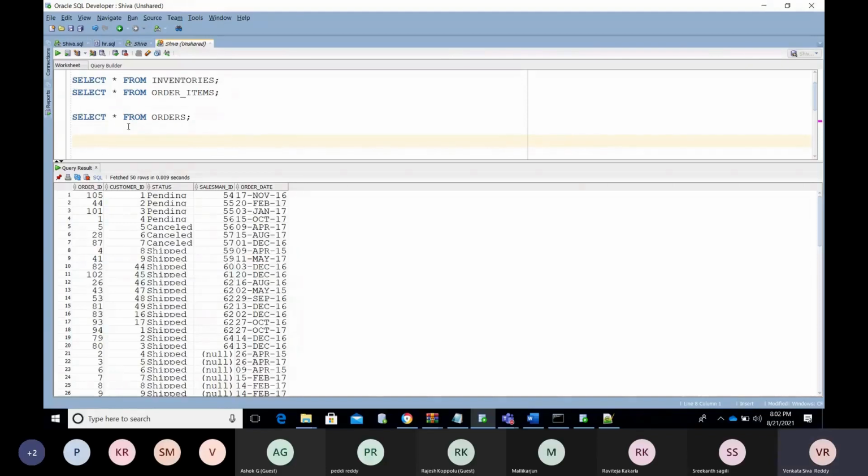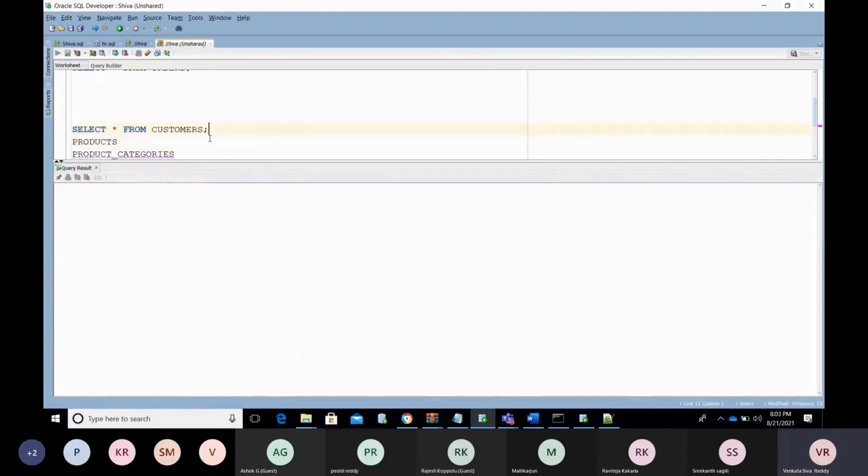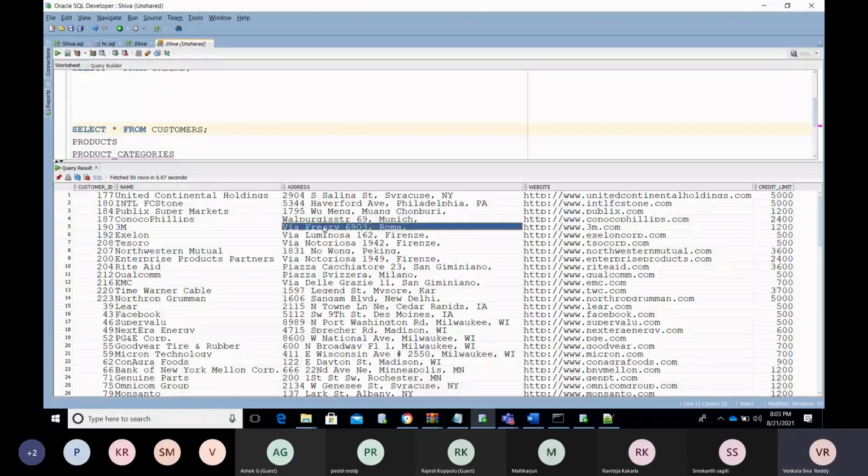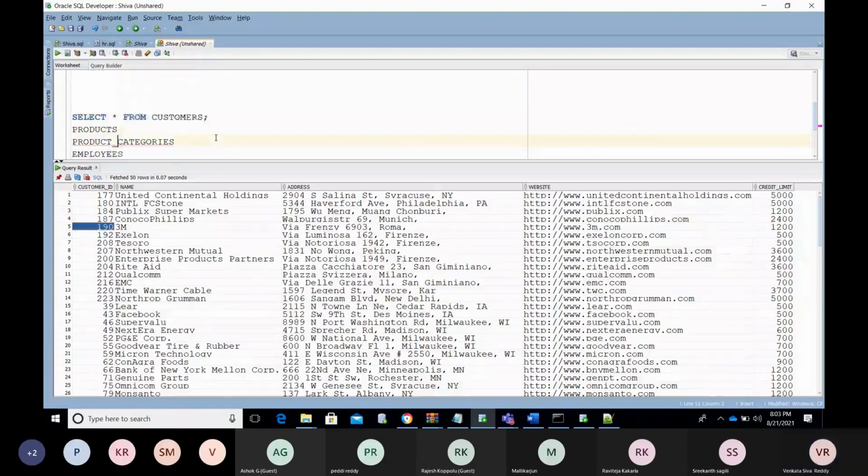So how can I observe, like, this order is placed for which country? These are all things I need to retrieve. If I want to see country wise how much sale happened in the current year, the customer ID is related to which country, these are all things you don't have here.